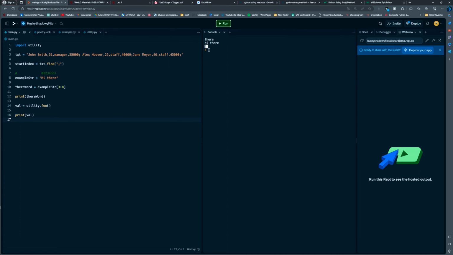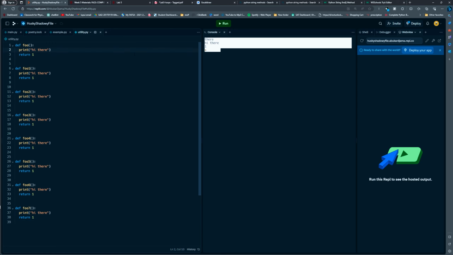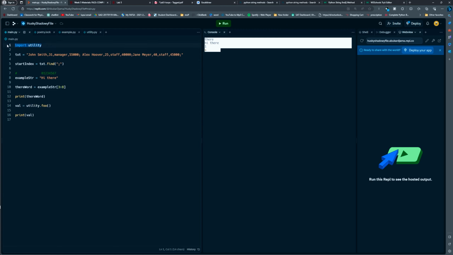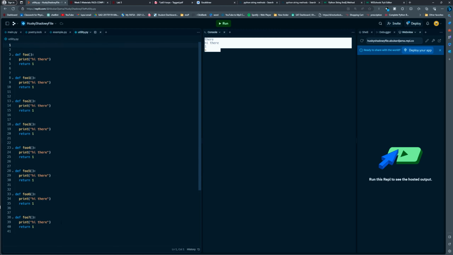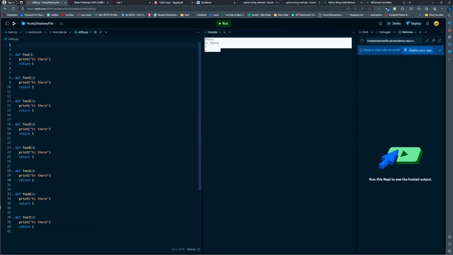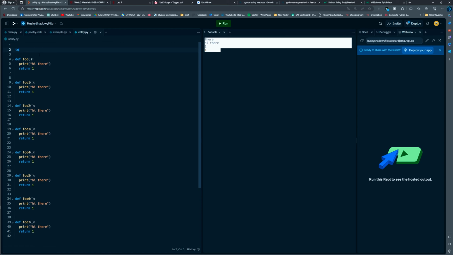And if we run this, this still runs. Now, one common thing that a lot of people do make a mistake here is that they start defining inputs inside their utility file. And what you'll notice is that when it runs this import statement over here, it's going to also run your code inside utility. So it's bringing these definitions over here, but if you had like an input or something over here, user input is equal to input,